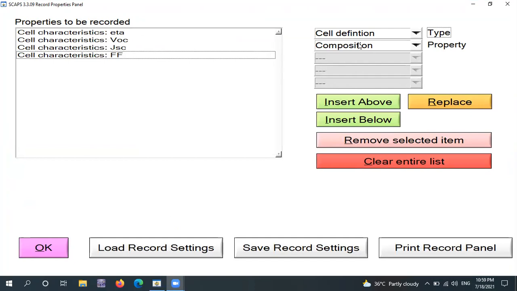So I hope today's lecture will be very helpful for those people who are having trouble in graph plotting and graph extraction in SCAPS 1D. And if you still have some questions, you can simply comment in the comment section below this video, and I will try my level best to answer you. I hope it will be a very effective and important session for all of you.